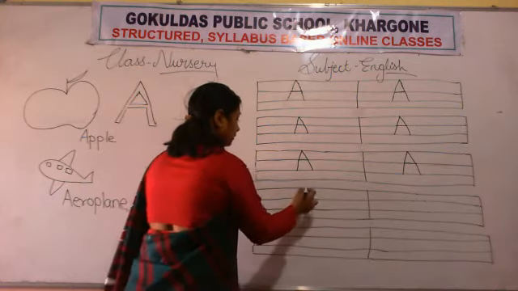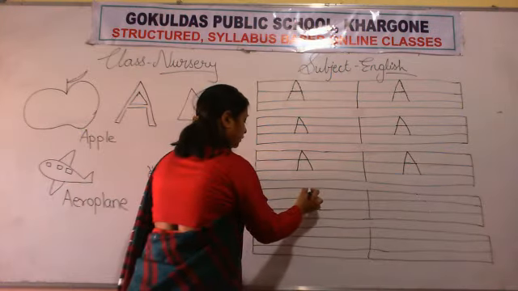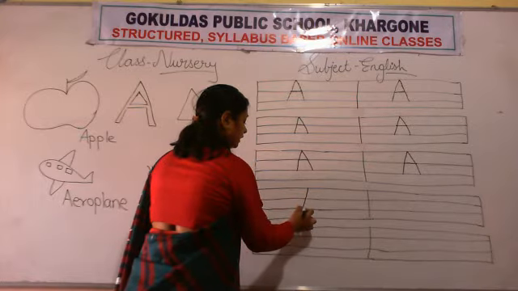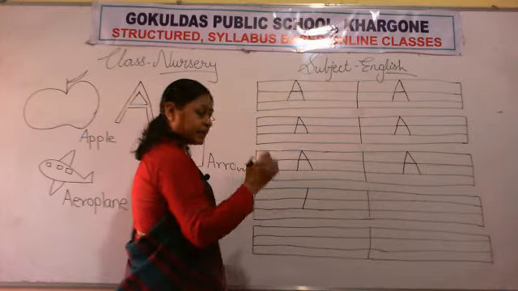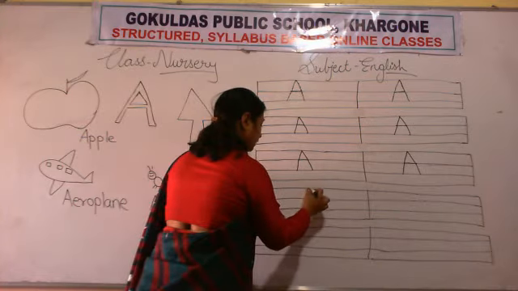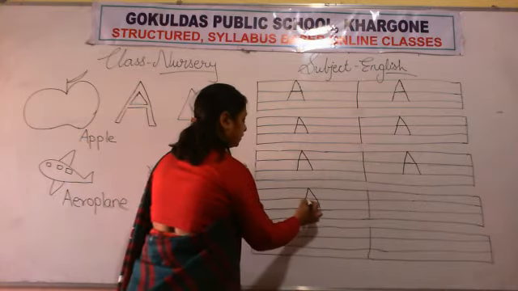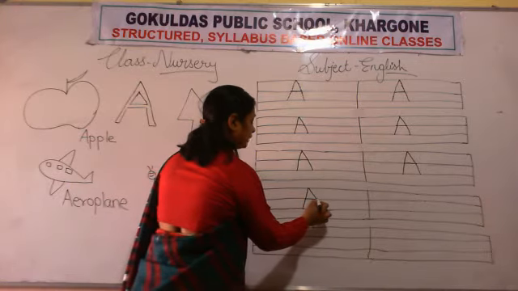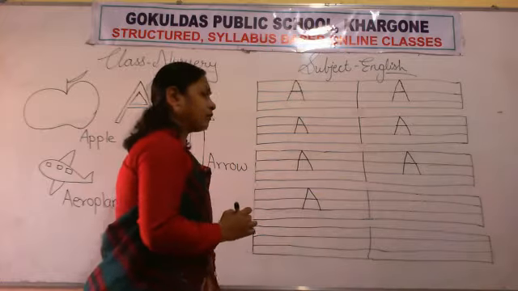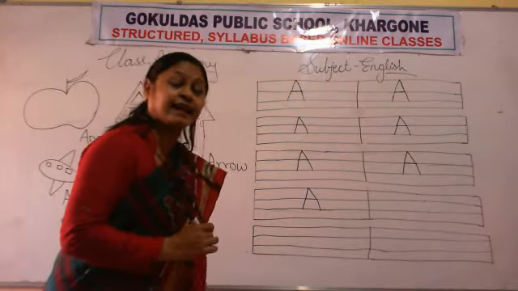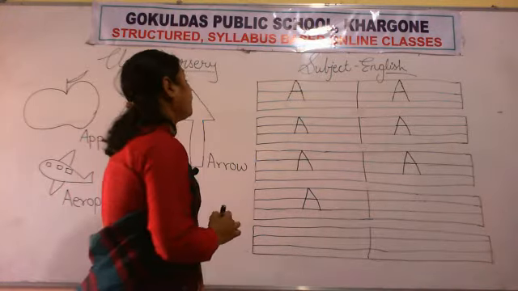Okay? Now look here. What you will do from first dot, you have to join the dots by making slanting line. Again, you have to join the dots by making slanting line. And in between you have to join the dots. And which letter will form? Letter A. Letter A will form.